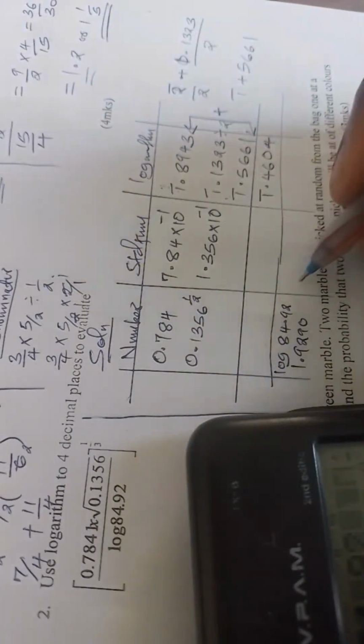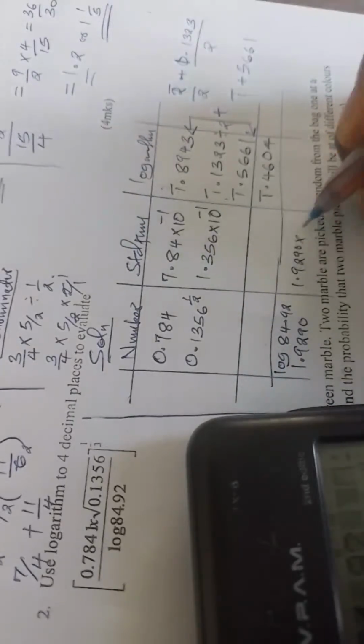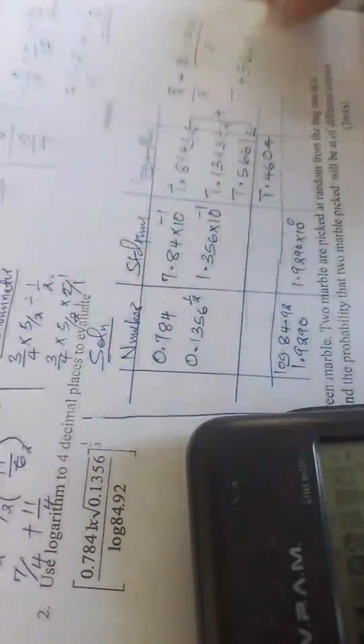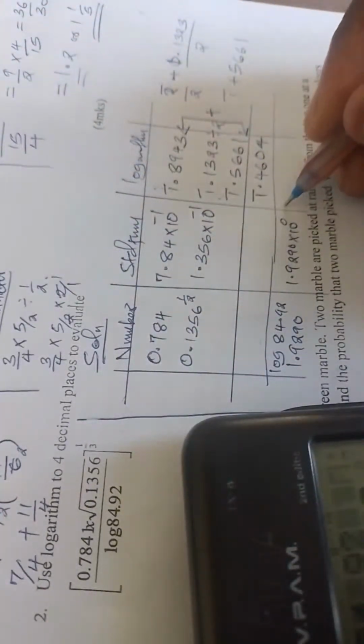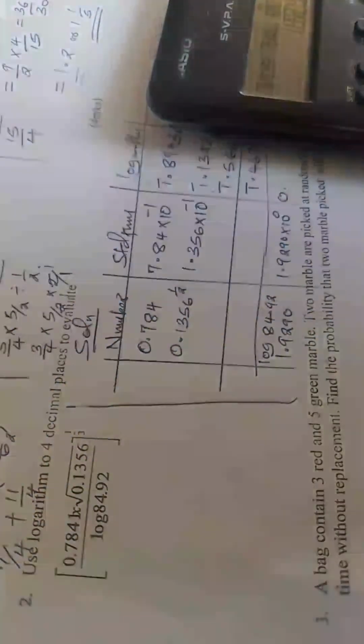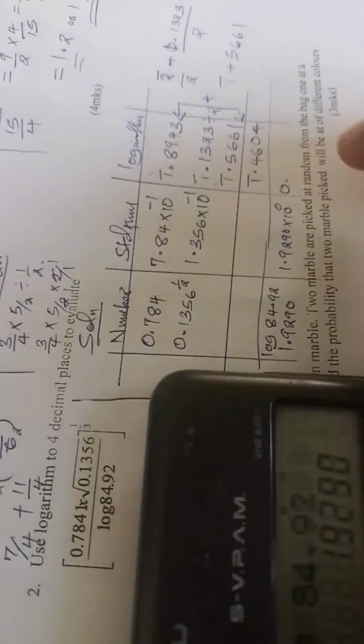The standard form is the same as 1.9290 times 10 raised to the power 0, because it is already in standard form. So this will be 0 point, then the log of this. Because you are given a log of a number, you are supposed to find the log of that twice. Now the log of this, you can find